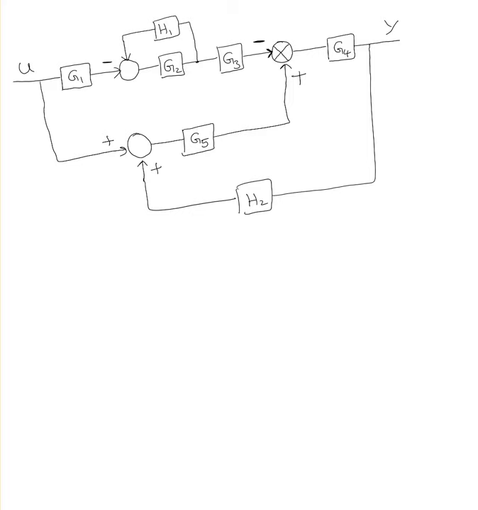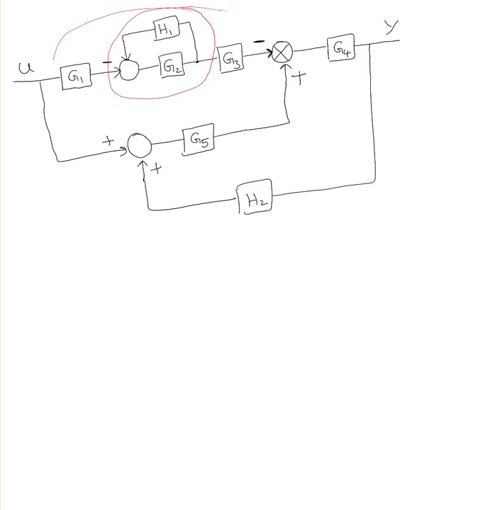Here is the next example. In this example, we're finding the transfer function by simplifying this block diagram. Okay, so here I can clearly see that's a feedback. I can combine that. Once I combine it, I can add